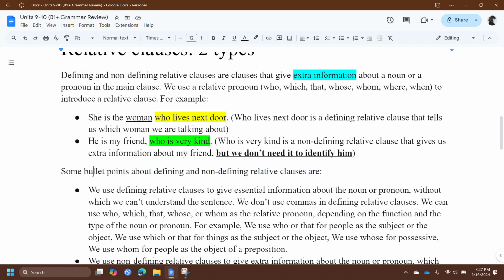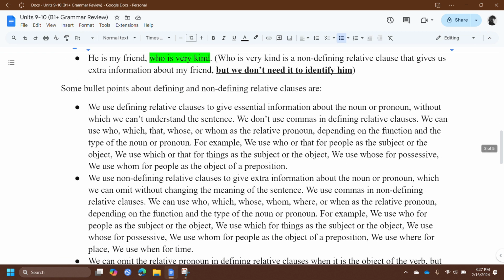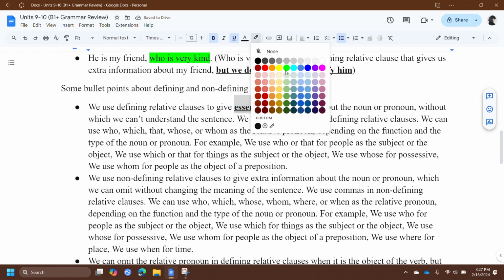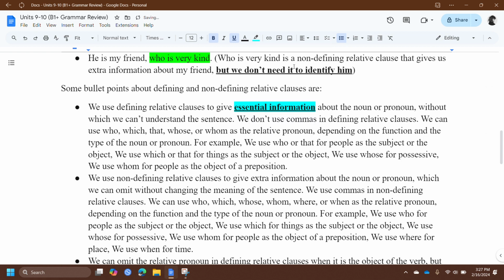So some bullet points about defining and non-defining relative clauses are what? Okay, point one. We use defining relative clauses to give essential information. Okay, so if I just do something with it like this, I think it's going to be good. Yeah, to give essential information about the noun or pronoun, without which we can't understand the sentence. Okay, so we don't use commas in defining relative clauses, and we can use who, which, that, whose, or whom